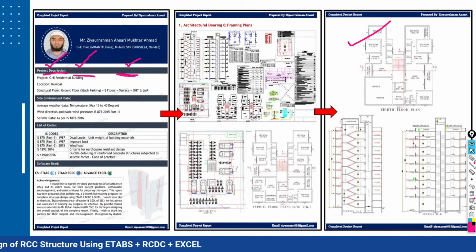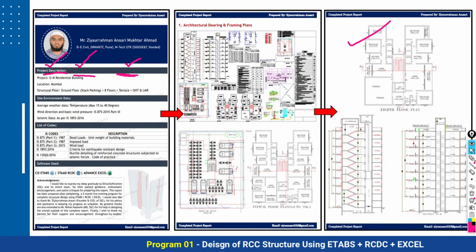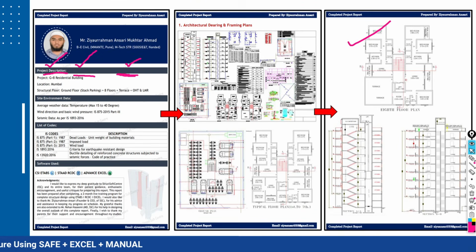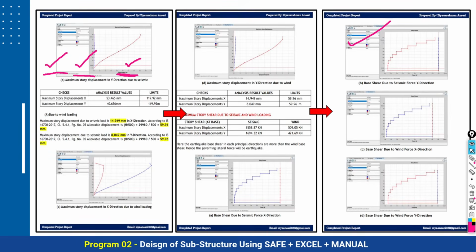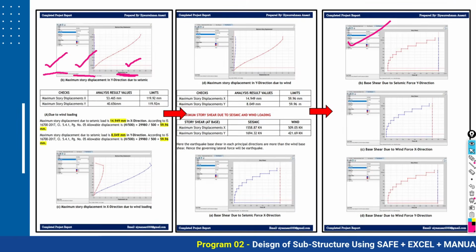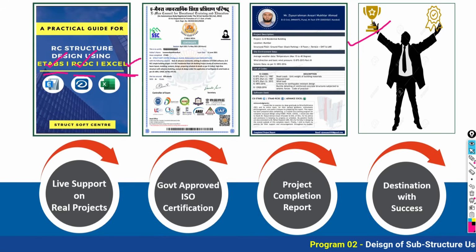Now, after the completion of this training program, we will make a book of project completion report on your behalf. At different stages we are asking you to do tasks. After the completion of the tasks we are going to store them, and based on that we are going to prepare the final project completion report, so that you can add it to your design portfolio as you have completed the project. This add-on we are going to provide. In this training program we are going to share the book of practical guide and the project completion report.